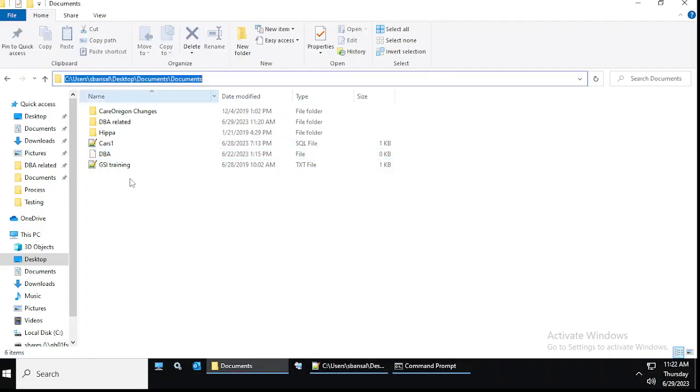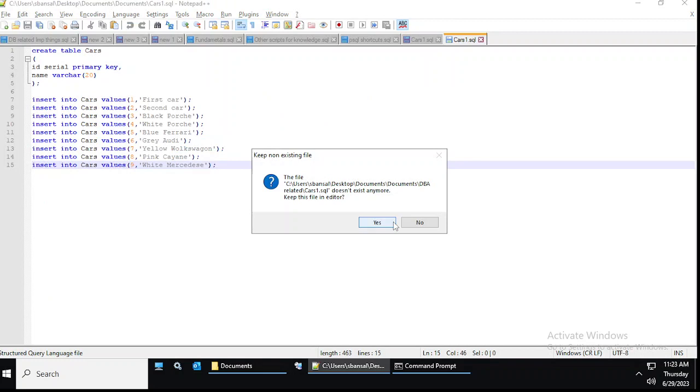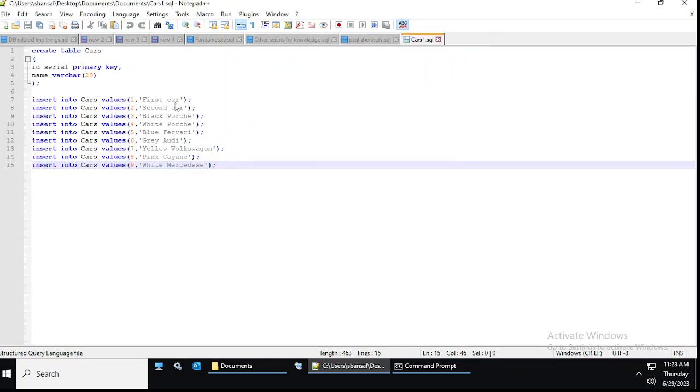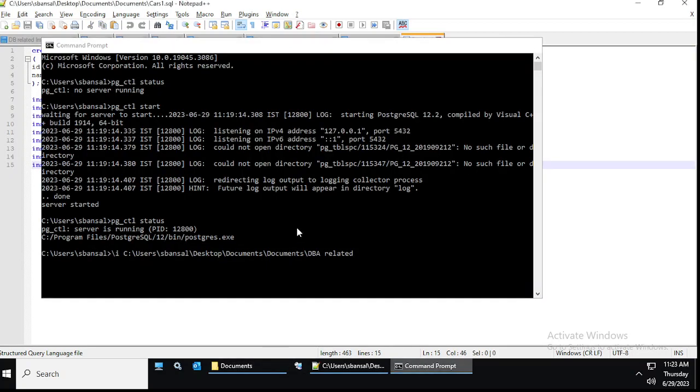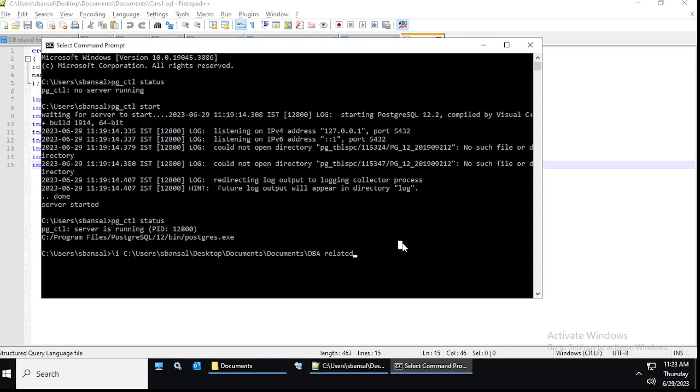So, I have created a file here. Okay, so this is a table. Create table cars with ID as primary key, name, and inserting a few rows in it. How do we execute it? One way is to copy all the things here and execute them with this. But another way is